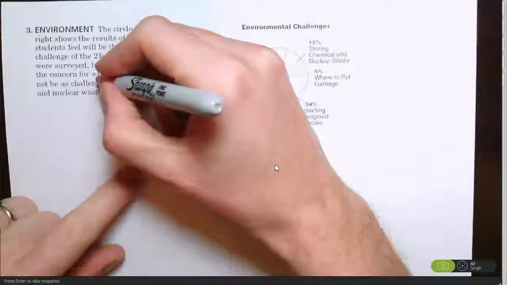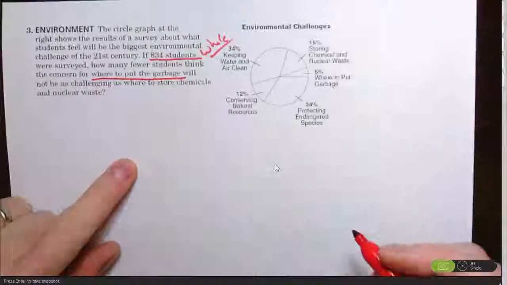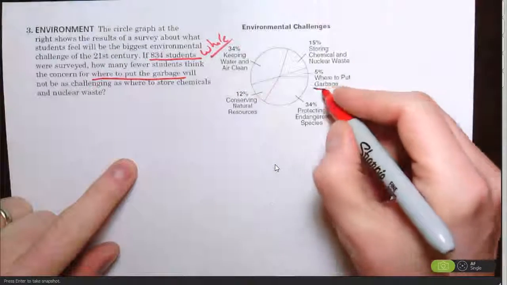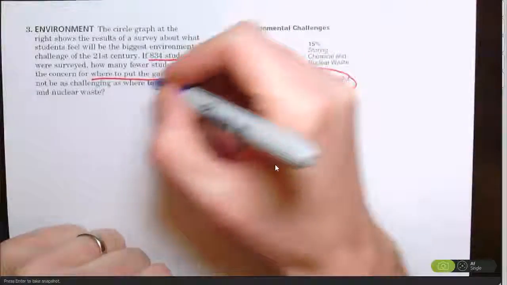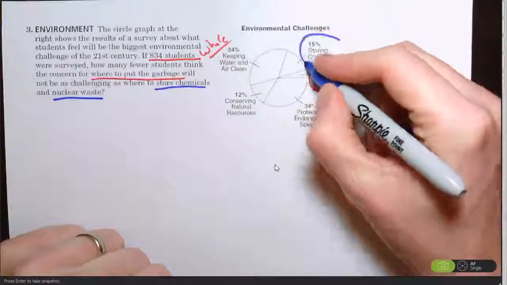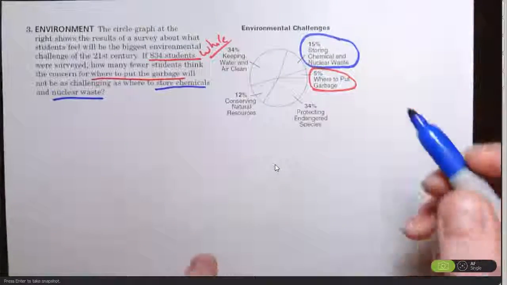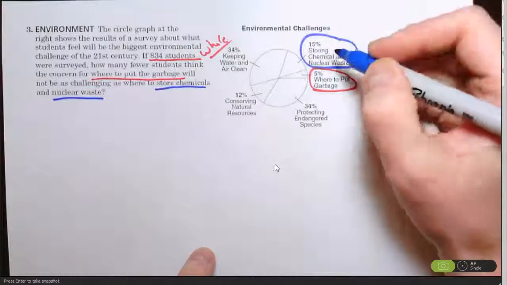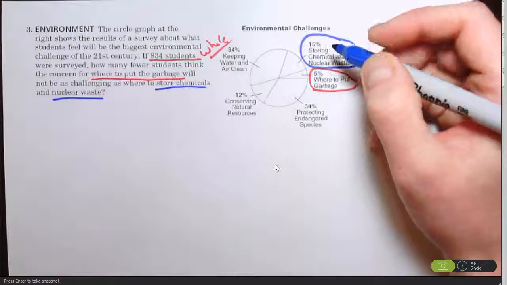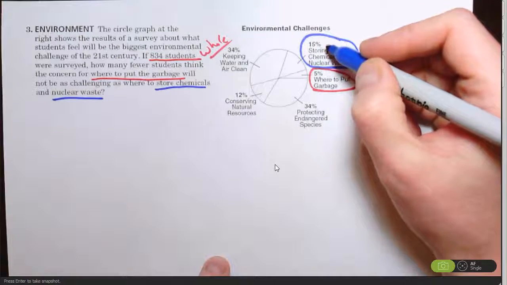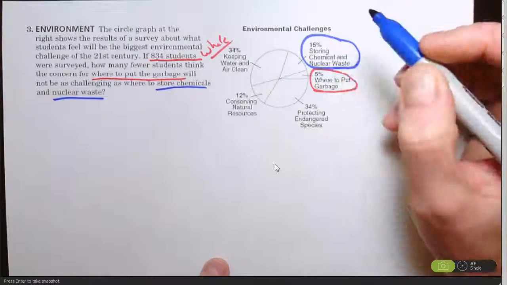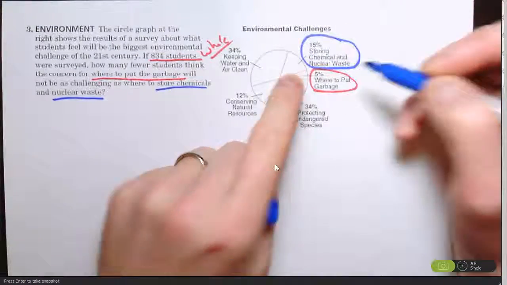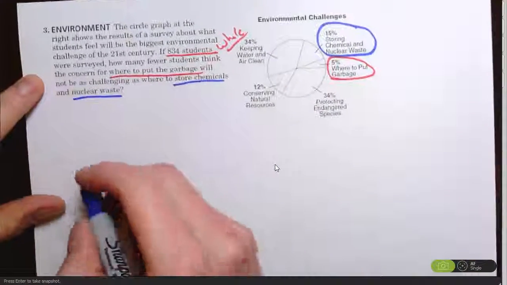So where to put the garbage is one group. Where to put garbage? Okay, 5%. The other is where to store chemicals and nuclear waste. Hopefully this is big enough and visible enough for you, but if not, you have your sheet in front of you. 15% are worried about storing, 5% are worried about where to put the garbage. So we know more here than here. So let's find 15%